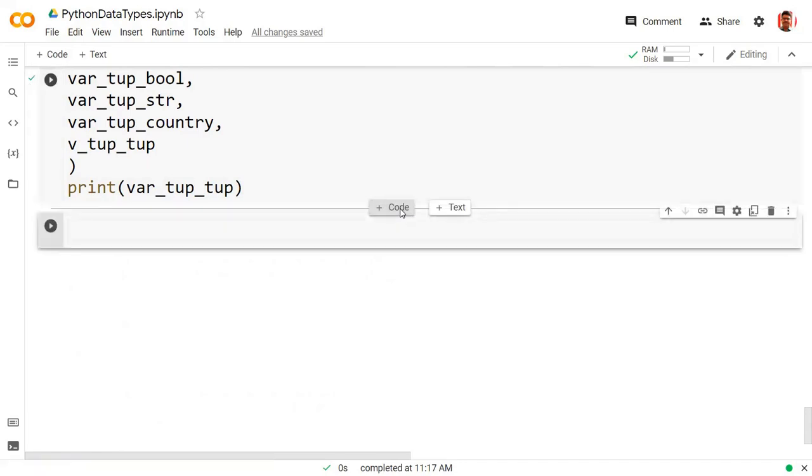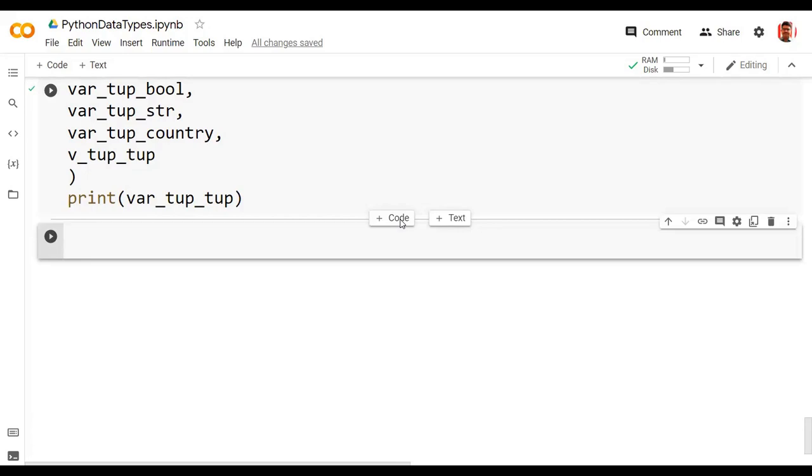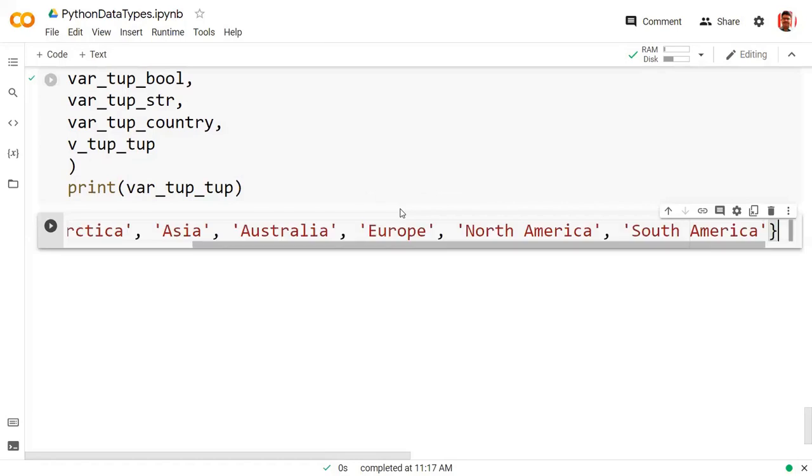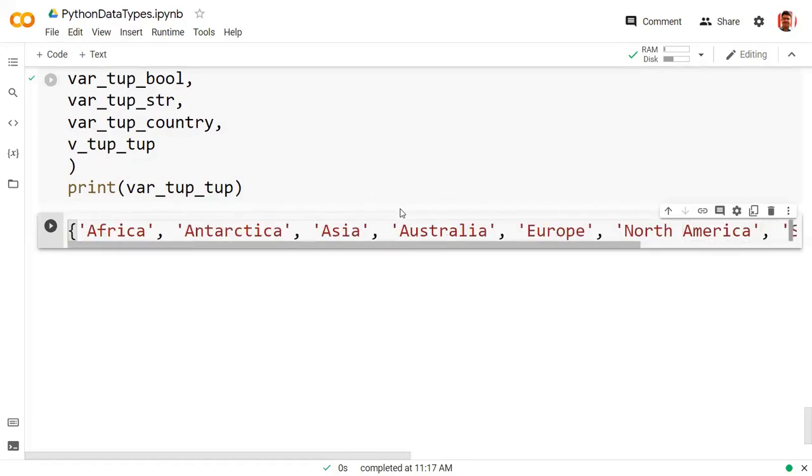Now the next one is set. So set is again a collection of values. Its representation is curly braces, and your set is comprised of single values. Okay, so we will quickly take one example of this, and then I will explain more about set.